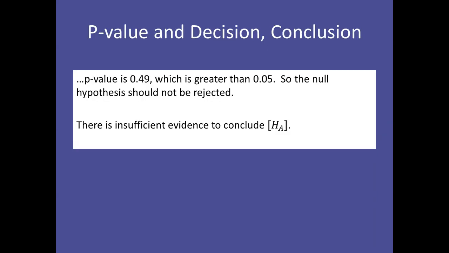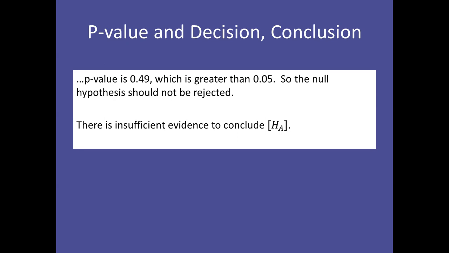This slide contains the next two bullet points in the project instructions. That first part, the p-value being 0.49, bigger than 0.05, so you shouldn't reject the null. That's the statement including the p-value and the decision about the null. So that's really as long as that has to be. You just need to get the p-value in there, and then you're just comparing it to 0.05. And just like you would in Chapter 4, p-value less than alpha, you're going to reject the null. The p-value is not less than alpha, like it is here, where it's 10 times as large, then you don't